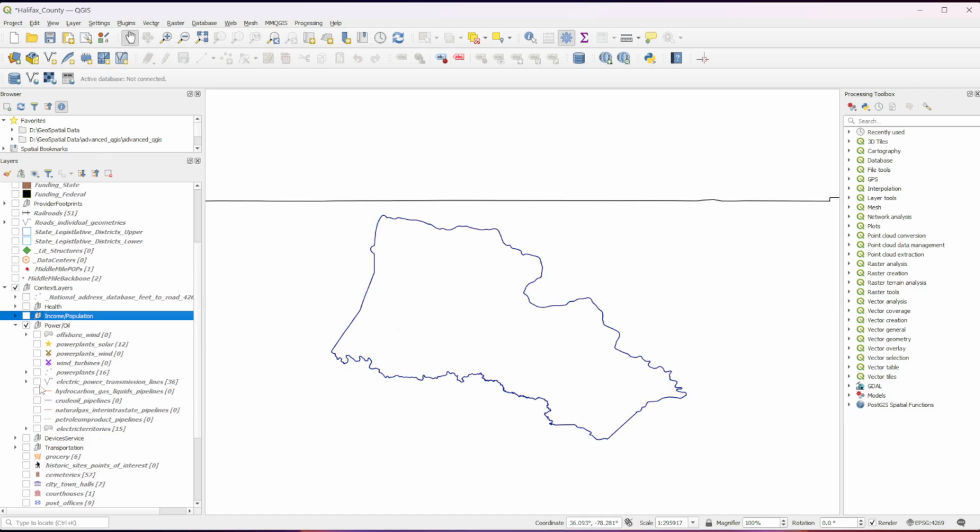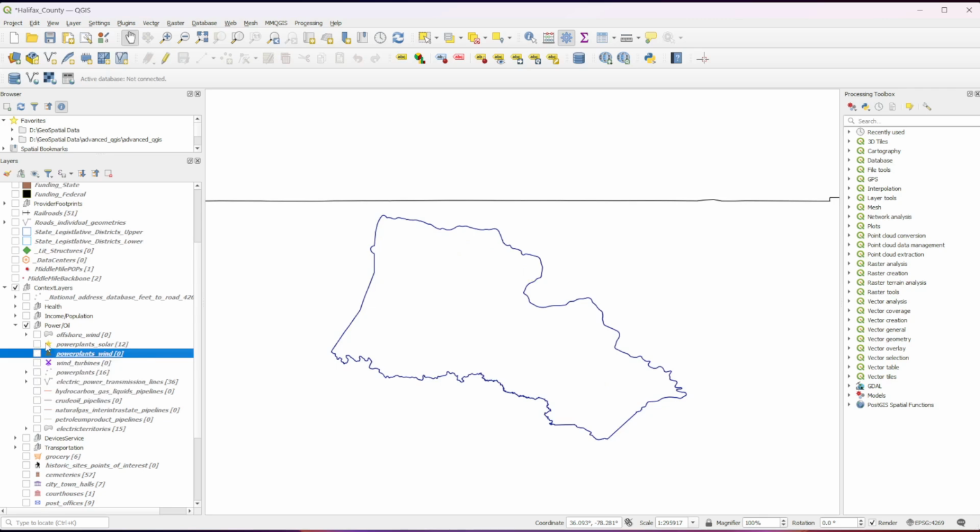They also can be helpful to know if there is a pipeline or a transmission line that can be followed that's already existing. That can reduce the cost of deployment, so you're not having to build your own towers and things like that. Conversely, if you are in an area where there are wind turbines, which there are not in Halifax County according to the data sets, obviously you wouldn't be running a tower straight through those. So it's just helpful in the planning